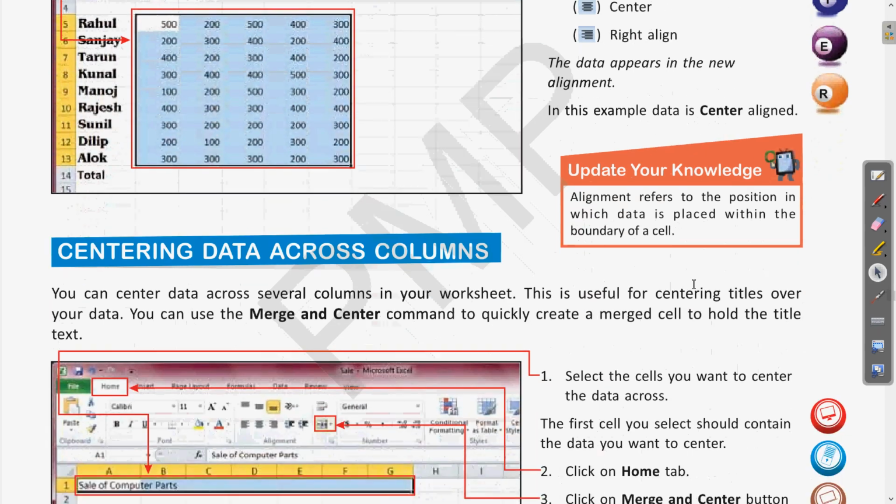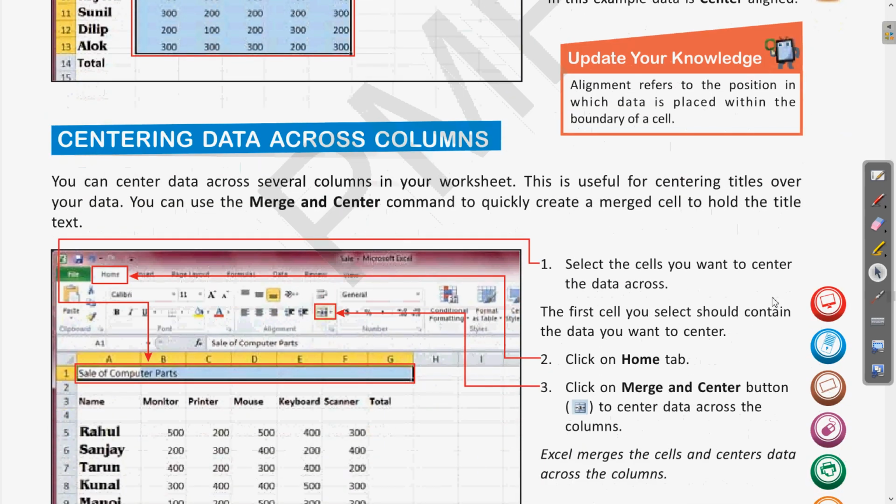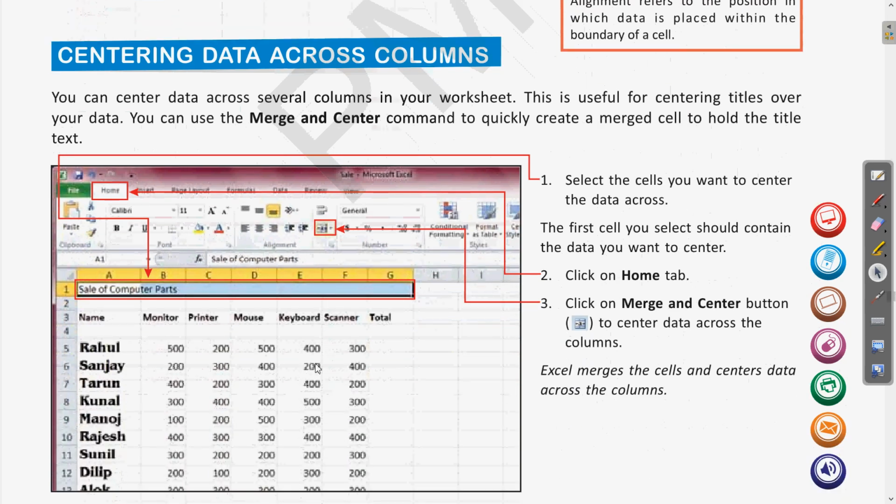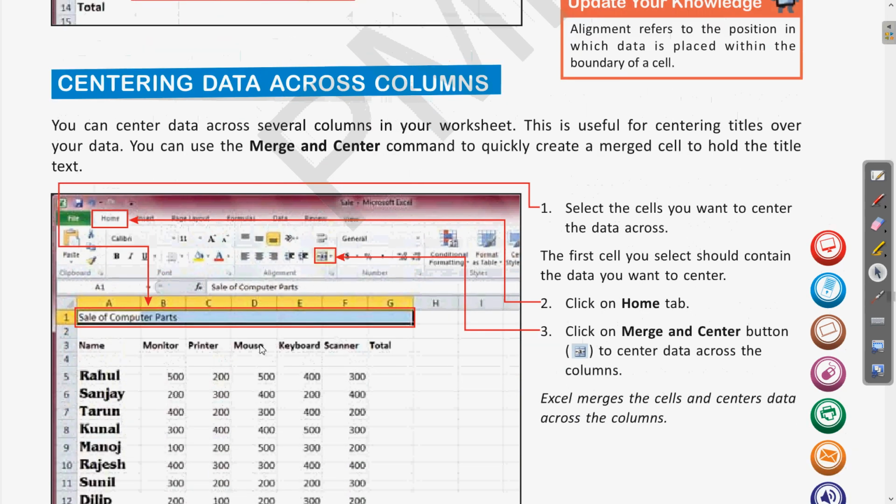Clear? Now next one is centering data across columns. Suppose there is some table which you have written, and you want to write some text across these different columns. So this is something called centering the data. Suppose there is a header like sales of computer part.